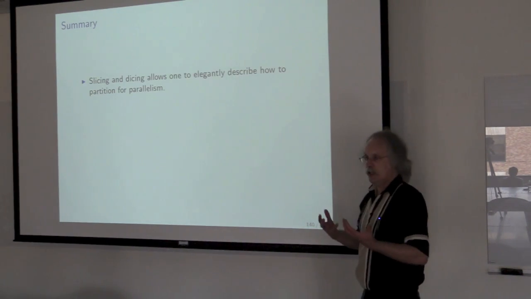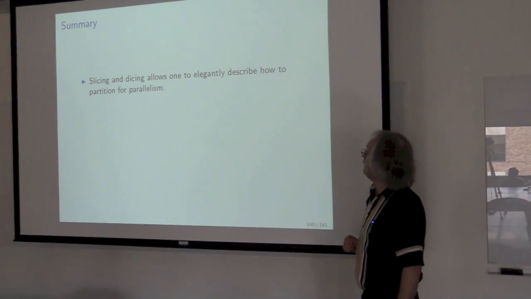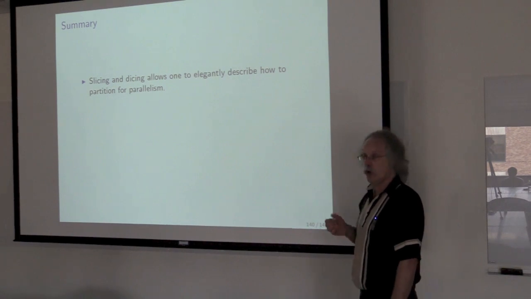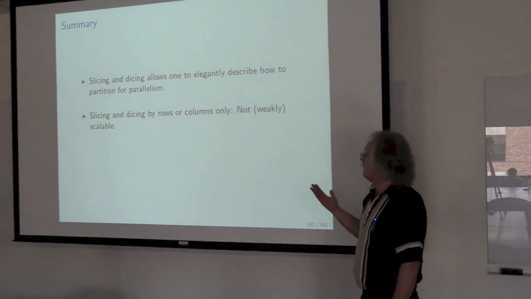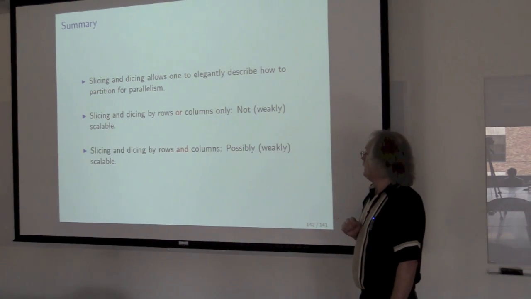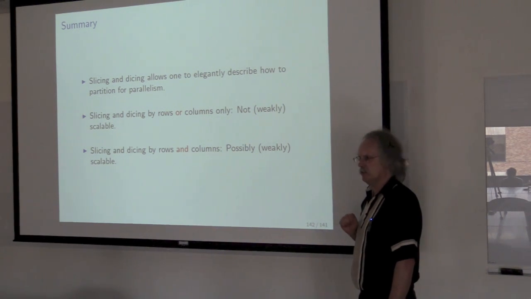So in summary, in the course, the videos tended to end with a summary, and I'll just keep the summary clean. Slicing and dicing, first of all, allows us to very elegantly describe how to parallelize a matrix vector multiply. We noticed that if you slice and dice only by rows or columns, then it's not what's called weakly scalable. And then if you slice and dice by rows and columns, then it's possibly scalable. Okay? And depending on how nitpicky you are, there's still a slight technicality that gets in the way, or you can say, well, the technicality is kind of insignificant, and therefore we'll just declare it to be scalable for practical